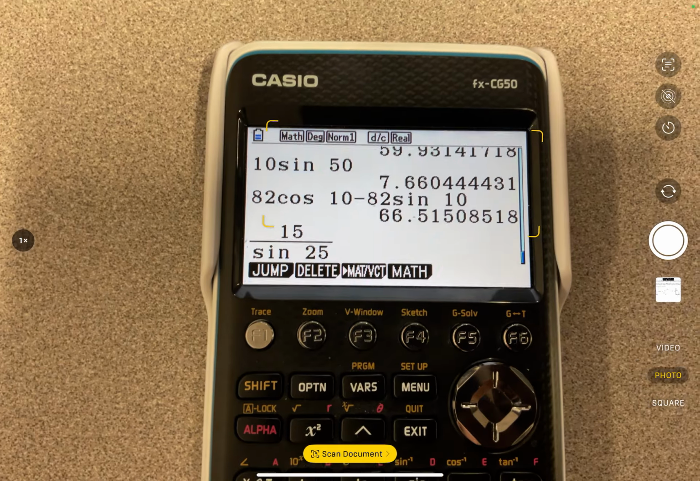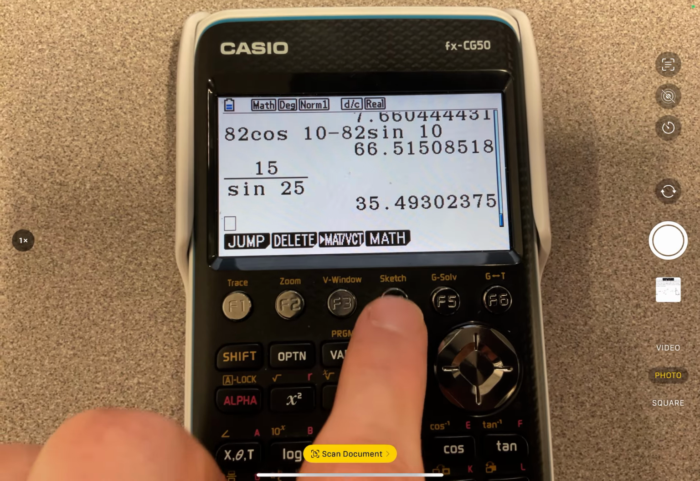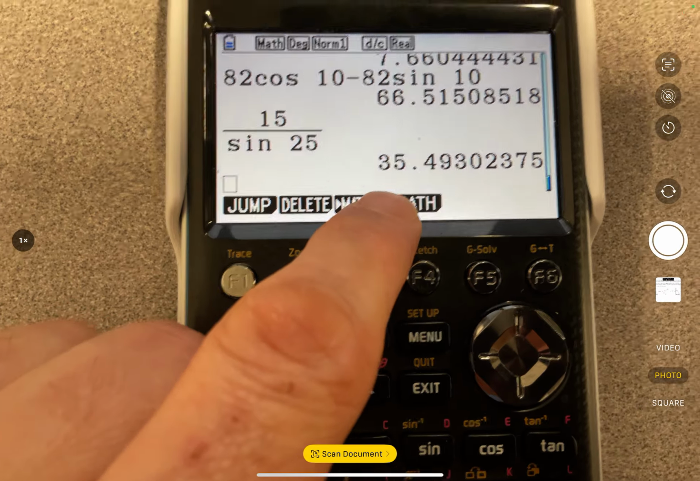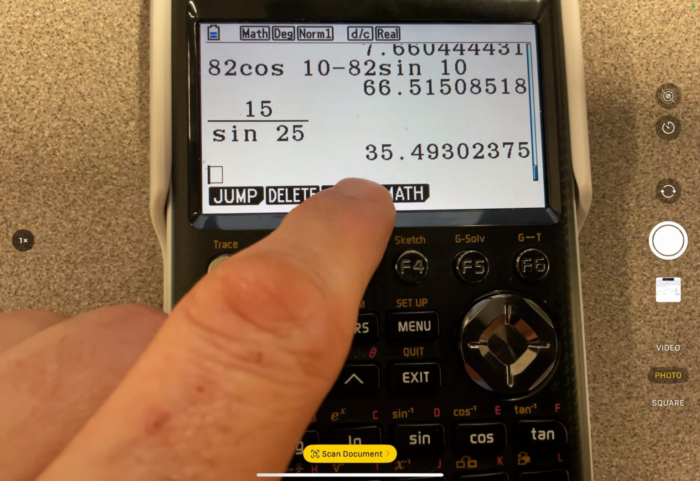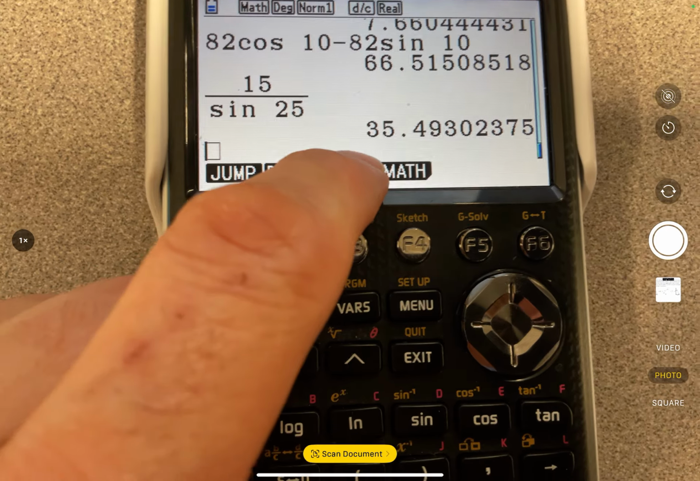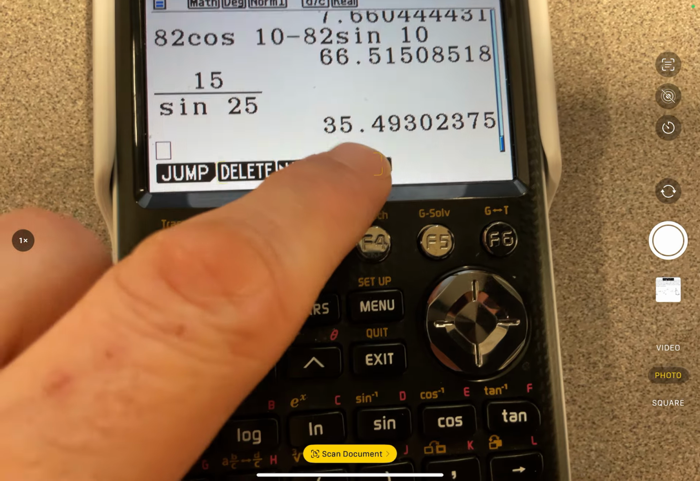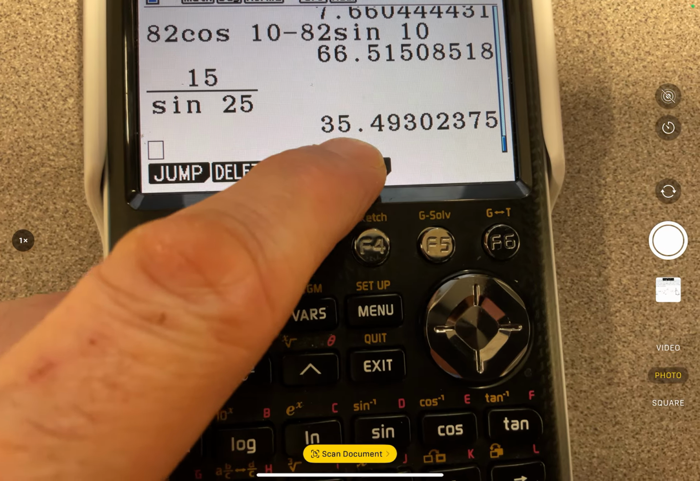15 over the sine of 25. I hit enter. That is x. That was the first way we did it. That's the most obvious way to do it. That's our answer. One way you could have done this is once you've established a known answer, could you then